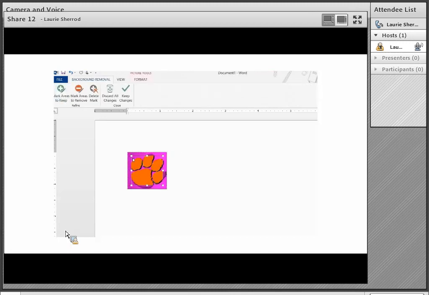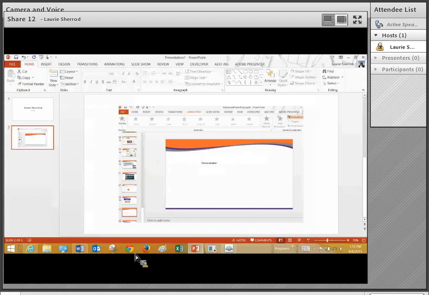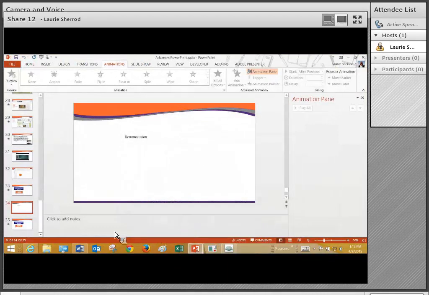You can see I was a little jerky. It's probably better to go a little slow and smooth when you're doing this. But you see the video, and if I want to pause or stop the video, I can click right there. So, pretty cool option, screen recording. All right,